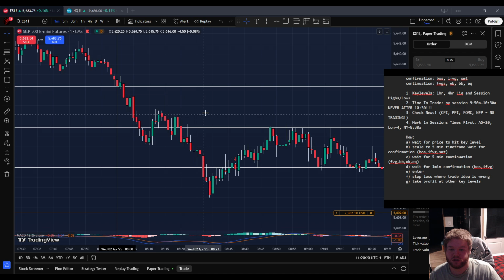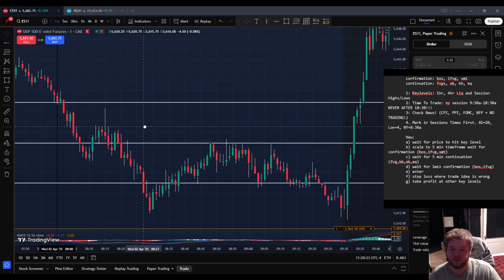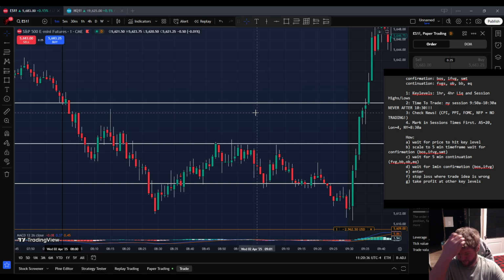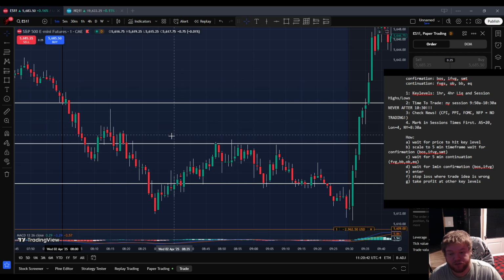Our break of structure would not have happened at all. So that was mistake number 1. Mistake number 2 is we didn't wait for a fair value or inverse fair value gap. This was not inverted. That was my mistake. So I failed to identify the confirmation on the 1 minute, and as a result of entering on the 837